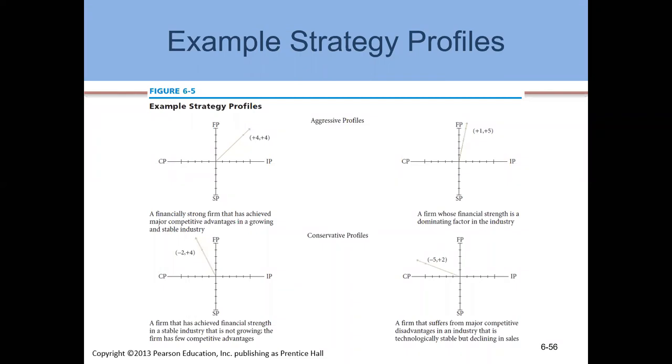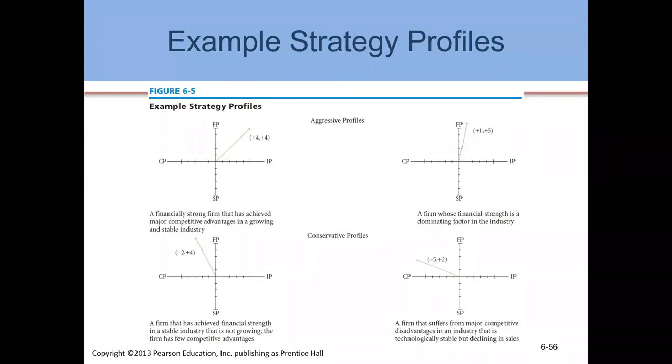As you know, in graphical representations, first of all we write the x-axis. The first +4 is for x and the next +4 is for y. And we are in the aggressive quadrant. How do we get into this aggressive quadrant? Because we have to join the points from FP and IP as cumulative points, and then draw a direction vector from the origin of the graph to that intersection point.